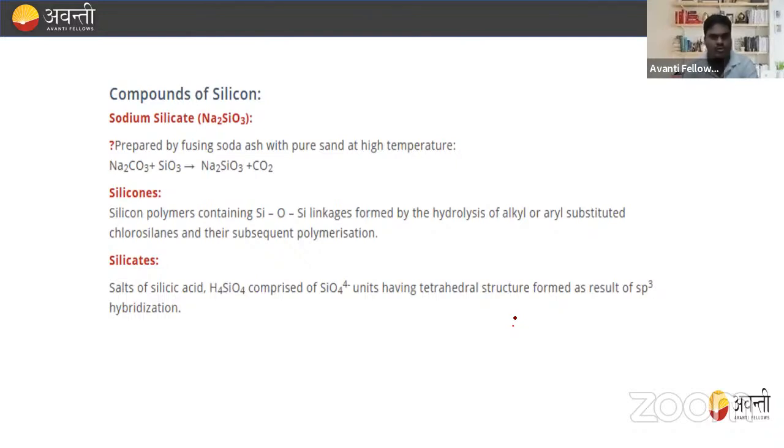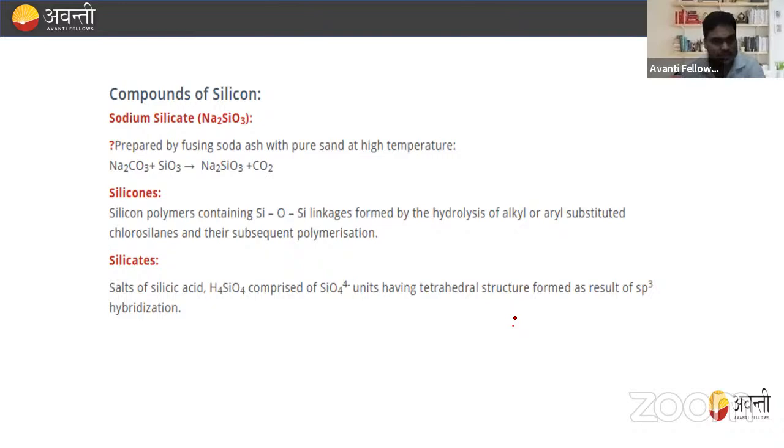So how will you prepare sodium silicate? We can prepare sodium silicate by fusing soda ash with pure sand at a high temperature. When you treat Na2CO3 and SiO2, it will produce Na2SiO3 plus CO2. Now,